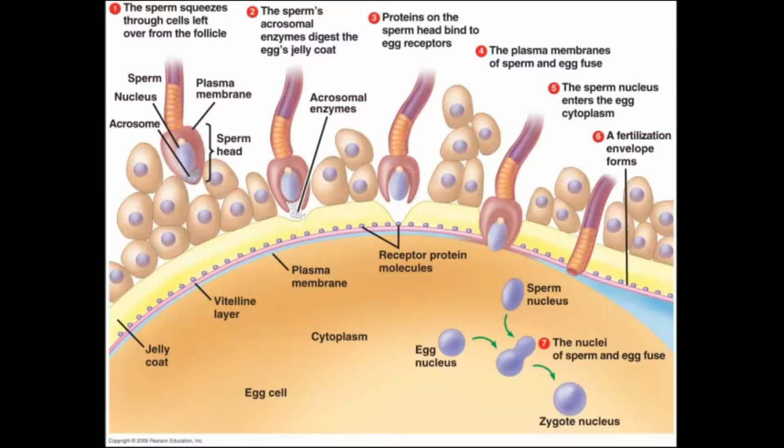Fertilization: sperm comes into contact with the zona pellucida. The zona pellucida binds to the outside of the sperm, and that is called sperm binding. When sperm get bound to the zona pellucida, it sets up a reaction called the acrosomal reaction. Acrosomal enzymes leak out into the zona pellucida and digest it away, allowing the sperm head to dive in deeper